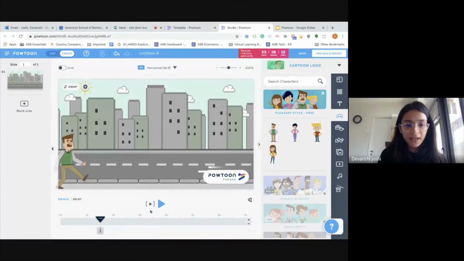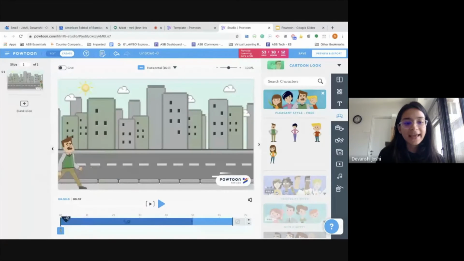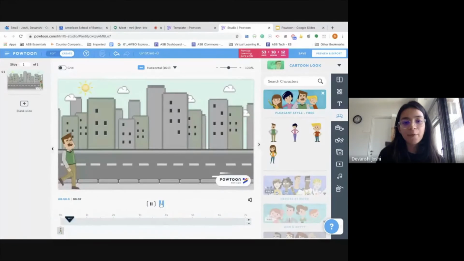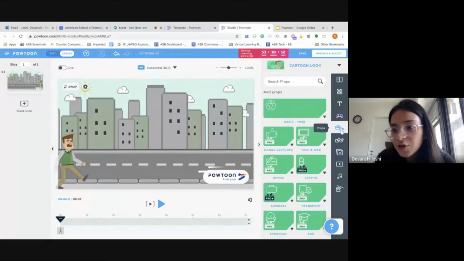Okay, and now when I go ahead and tap on play, I can also move my character here. If I want my character to enter from the beginning, from 0 seconds, I can tap on the character and move him. I'm going to put my playhead here, and then if I tap on play, that's my character walking past the street, right? Now looking at objects, there are a lot of objects that you can add.